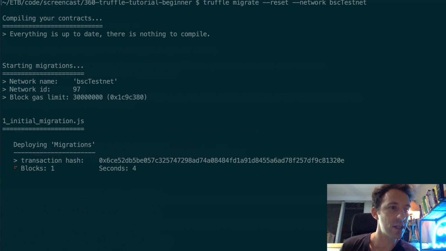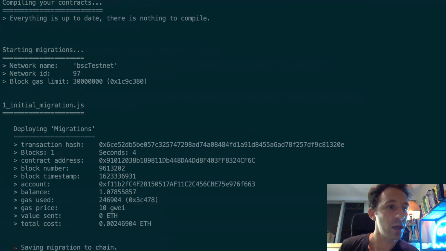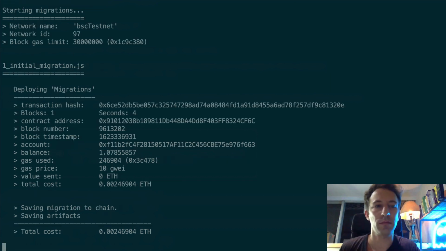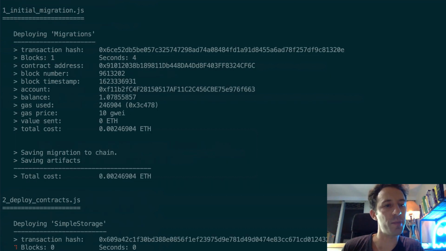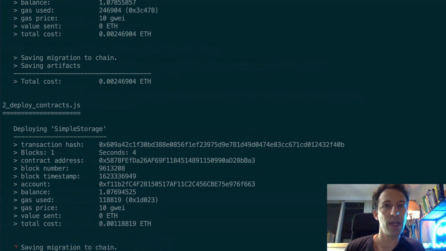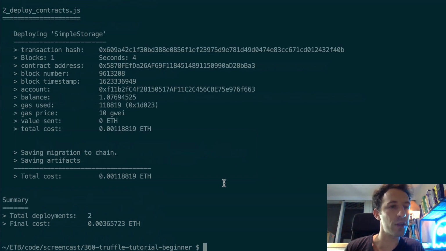Yeah, so now it's deploying the migrations contract of Truffle. And after, it's deploying our own smart contract, simple storage. So here, as you can see, it takes a bit more time, saving migration to chain. And yes, it worked. So here, one thing which is tricky is, even though you see ETH here, actually, when